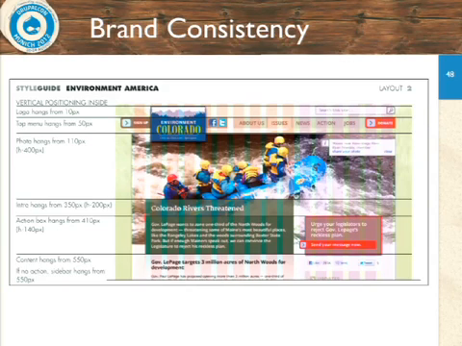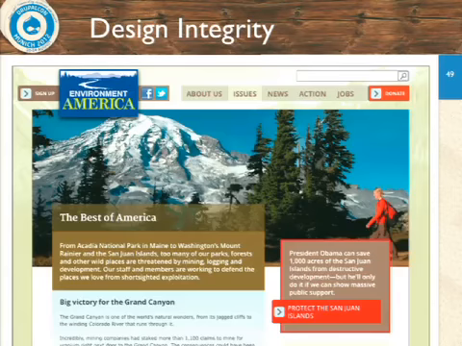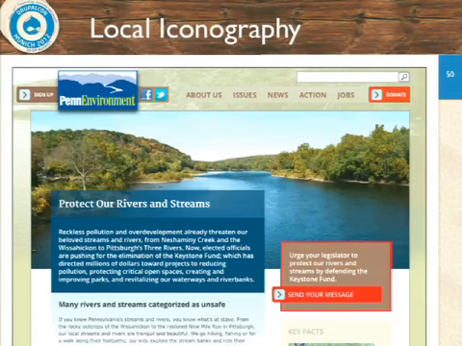But where it gets complicated is the background colors on this little piece of text, they want matched up to this photo, right? They want editors to be able to make that decision on the fly. And they want it to be, again, different from site to site. So this is Environment America, and the best of America. They can put pictures of almost anything they want to here. But here this is Pennsylvania, they want to be able to give you, again, a very localized experience. And you'll notice this nice blue color matches the water very nicely. There's a transparency on there, too, we can talk about.